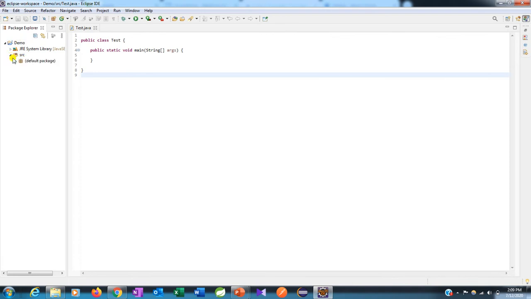As you can see here, I expanded the source. Once we create a project the first time, the source will be empty. So we need to right-click, select, and create one package, and then inside your package you need to create your class.